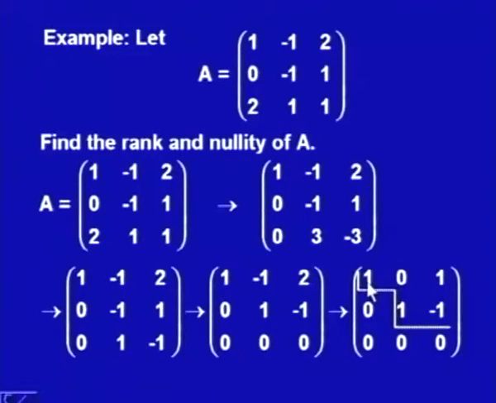This has a leading row, this is another leading row, and this third row is 0. So, we have the echelon form, this is I R, that is I2 in this case, and this is 1 minus 1, they are non-zero here, and then we have a 0 row, and that means the rank of A is equal to 2. What we have done is this: you can very easily see that we have a second order determinant which is non-zero, and the third order determinant will be 0 because of this 0 row. So, the rank of this matrix is 2.